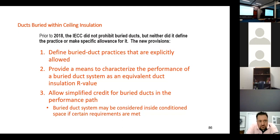So please, anybody listening, do not ask your HVAC contractors to suspend them above the insulation. Put it down in the insulation. The 18 code has a means to characterize the performance of buried ducts as an equivalent duct insulation. And basically what it's saying is if you're partially buried, it's equal to, and I can't remember the number, a certain R level. But if it's completely buried, like we talked about,